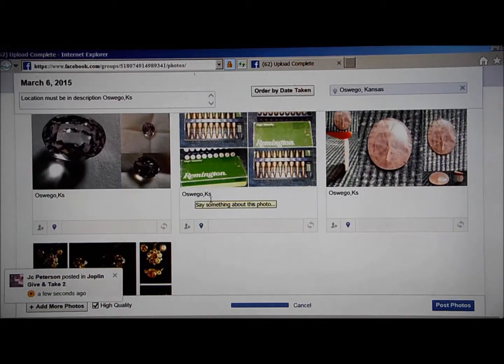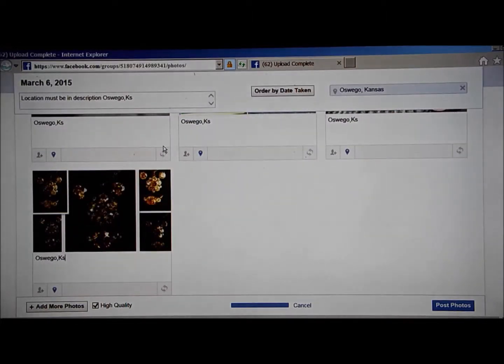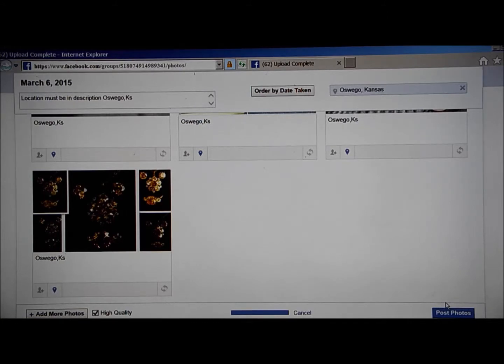But there's a reason for this. Now, if you scroll back up to the top real quick, you can take a look at your location. If you want to change this, you can actually put your name up there, or the group that it's being shared from, if it happens to get shared. So anyway, when you're done with this, you simply click post, and once you click the post, well, if you're not paralyzed, and sometimes it doesn't click,